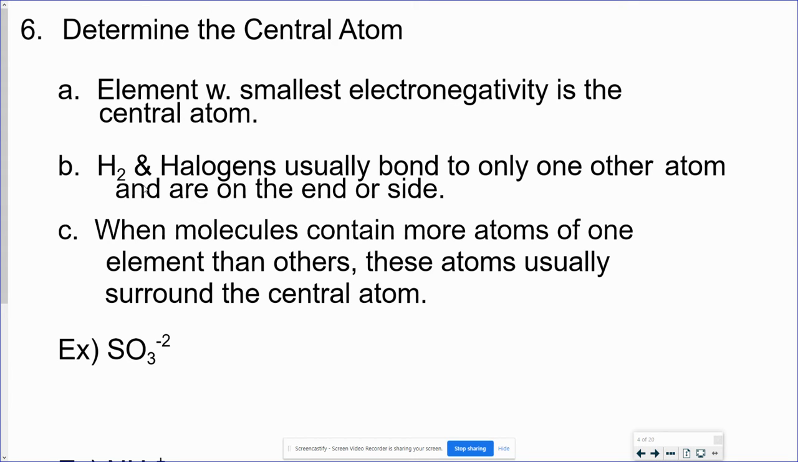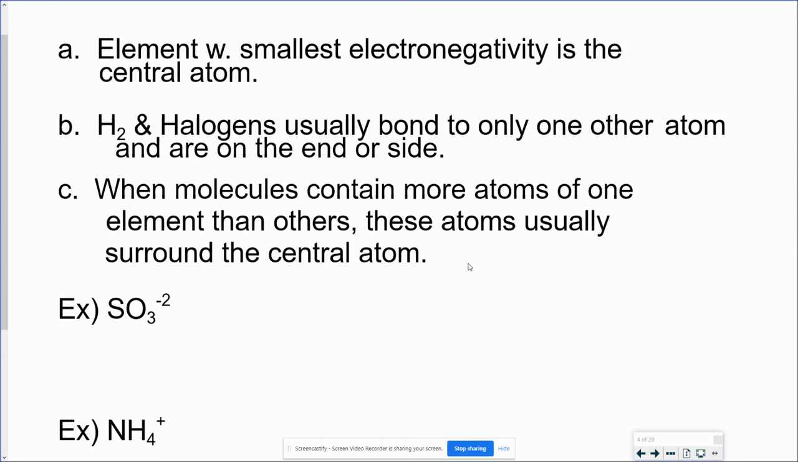So once you've determined the central atom, how do we draw it? Remember that hydrogens or halogens are not the central atom. They only get bonded once. When there is more of one element than others, those are usually surrounding the central atom. So for example,